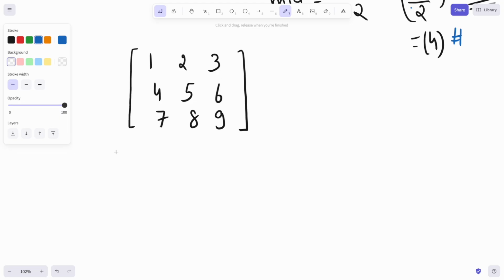Just think that I am arranging all the elements right in front of you. 1 2 3 4 5 6 7 8 9. Okay, for each element right here,